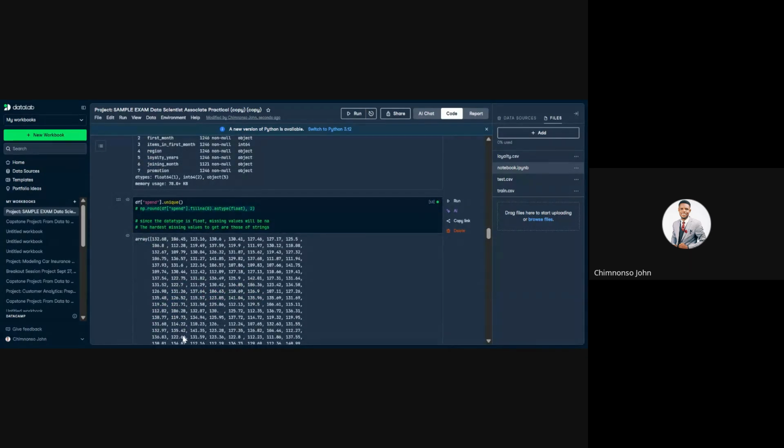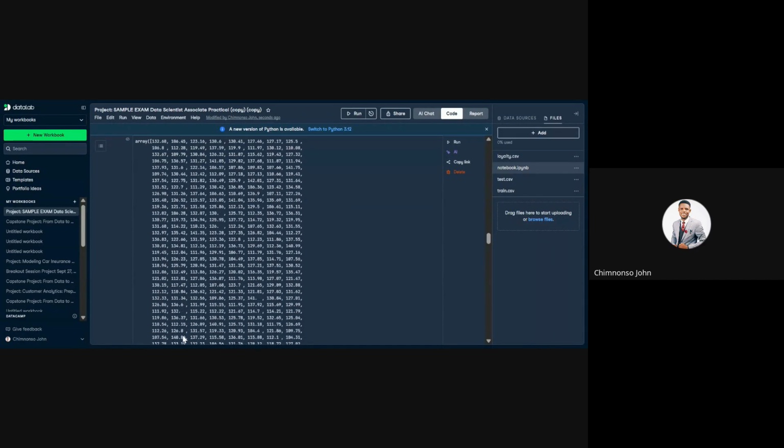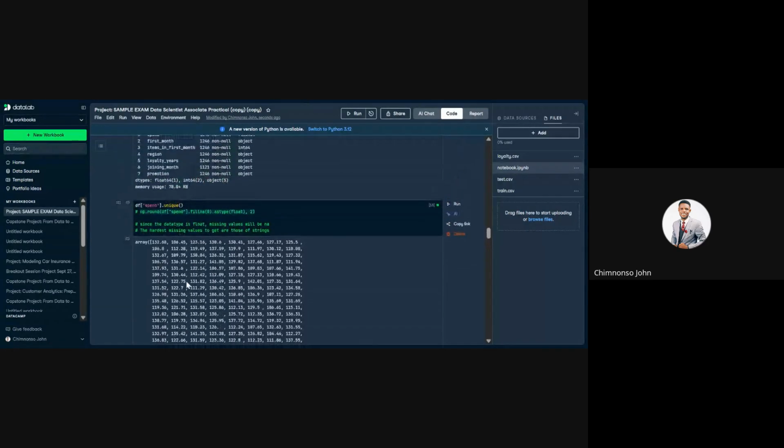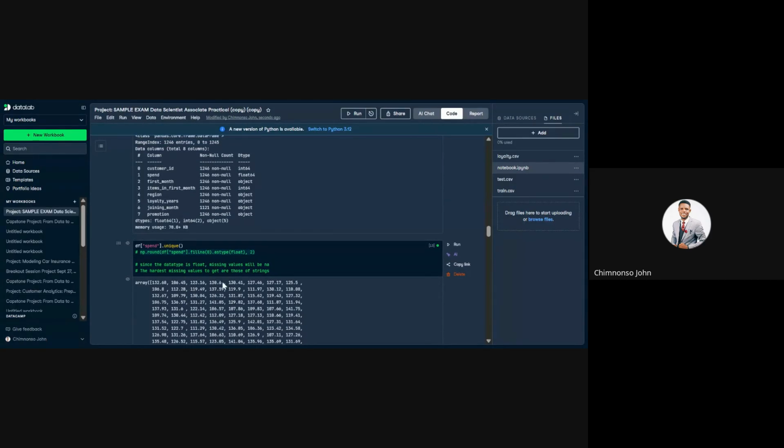All right. Okay, you can see this is empty, this is empty. So we have to ensure that everything is consistent. So to do that, okay, let me wipe this off. So we've checked the unique values for spend. So first and foremost, we'll have to fill